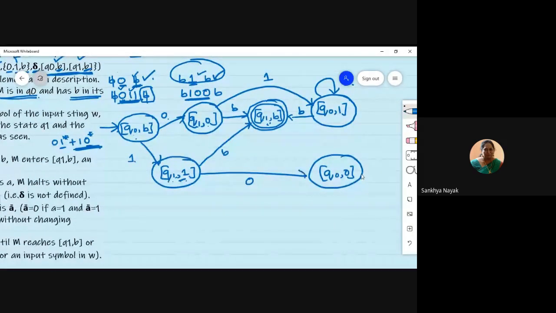So on getting a 0, I'll come here. So after that, if you get any number of zeros, you'll remain there, isn't it? After 1, you get any number of zeros, you'll remain there. And after that, if I get a blank, obviously I should go to an acceptance state. Okay. So this is the design that we have done by keeping storage. Of course, this looks more like a DFSM. So how will we write the transition for the Turing machine? So what symbol have I seen? Do I change the symbol?